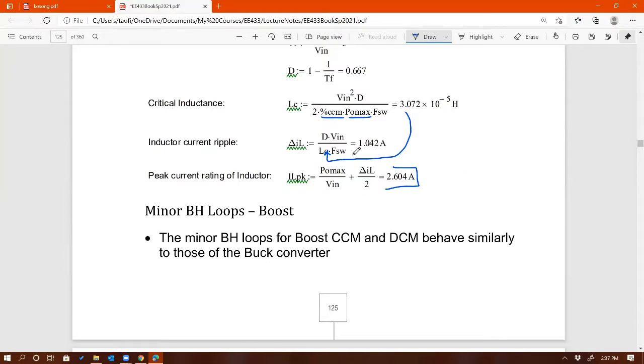Oh, sorry, 1.042, wrong equation. So that's delta IL. That's the peak-to-peak inductor current, okay? 1.042 amps. The peak value, which is important for us to know as well, because that would define IL sat